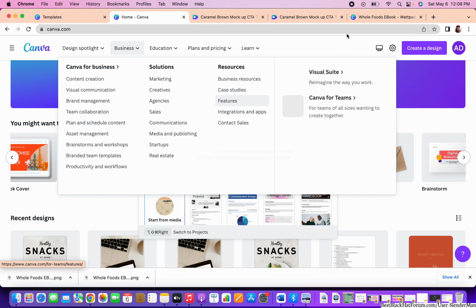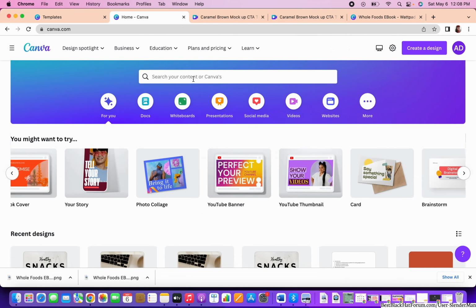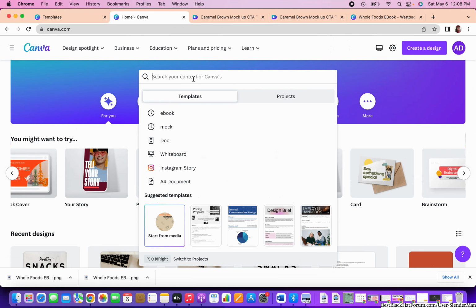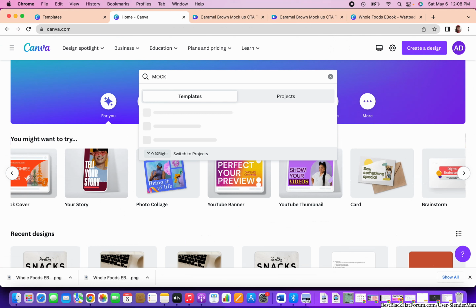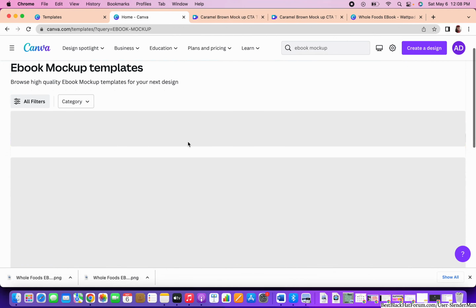So when you're looking for a specific template, you could just type in ebook mockup, and then